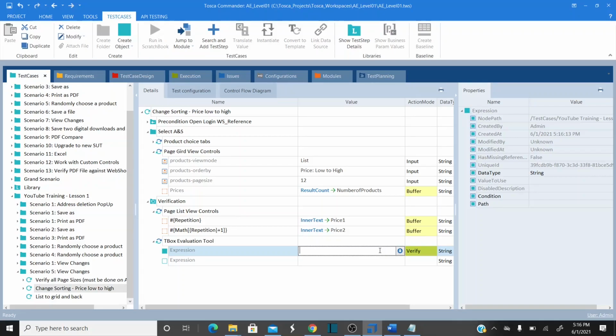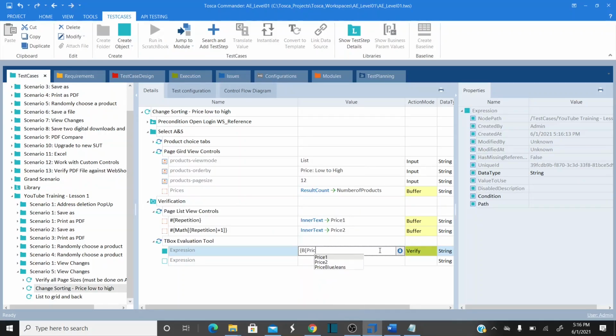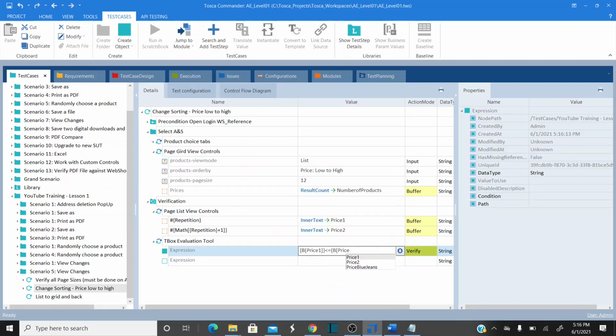For that, now I have to call that buffer. Buffer price 1 is less than or equal to buffer price 2. I'm just verifying that. I'm instructing Tosca to verify if the price stored in my first container is less than the second container or not. Okay, I'm just verifying that, right? So once you verify that,